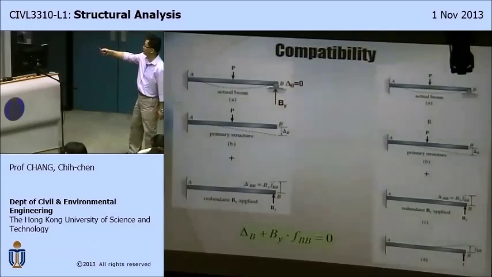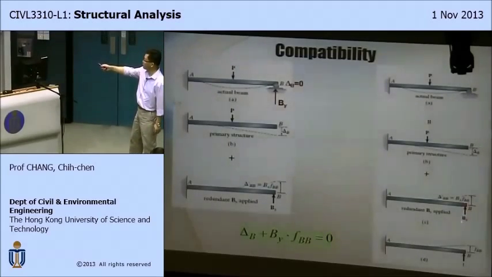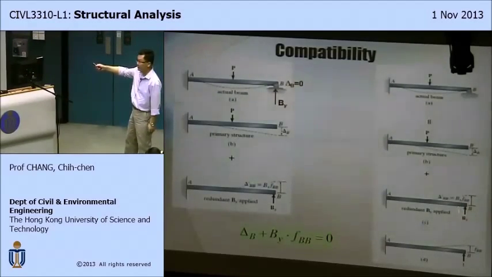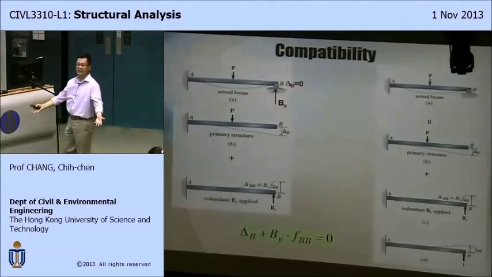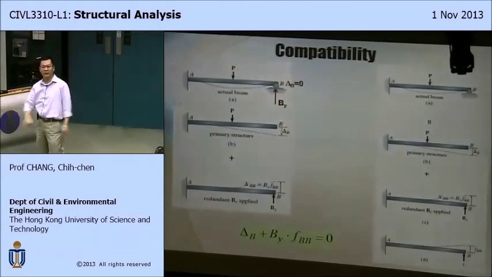Same thing here. If you apply a unit force, magnitude of 1 there, you can also calculate the displacement. Exactly the same methods, right? You can use direct integration, moment